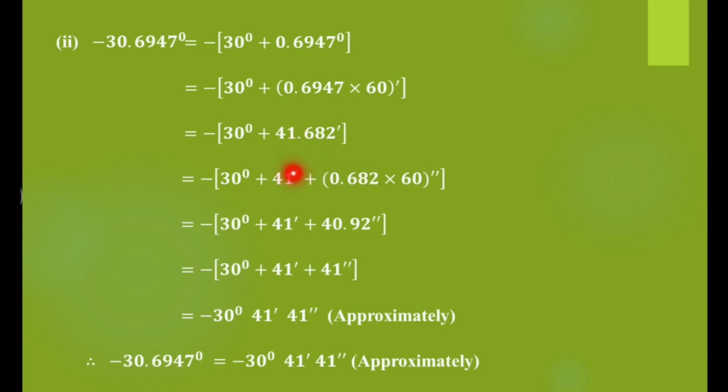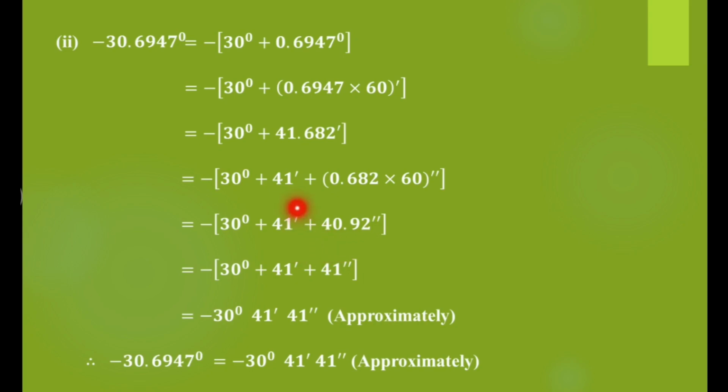So we write this as 41 minute plus 0.682 into 60 second. So we multiply by 60 and we get here 40.92 second. So again we separate this 40.92 second